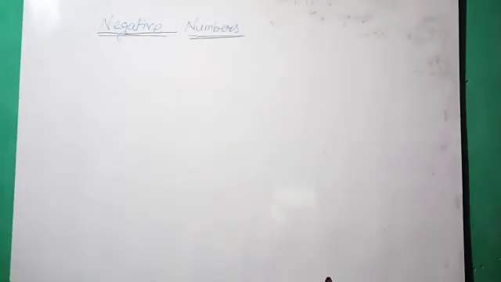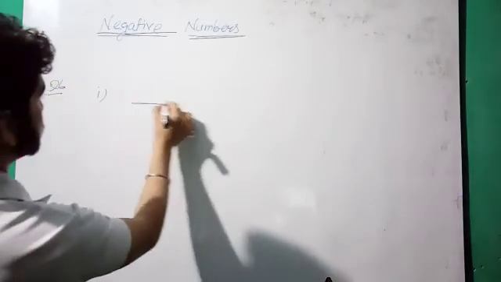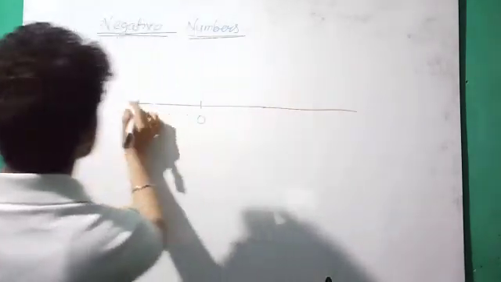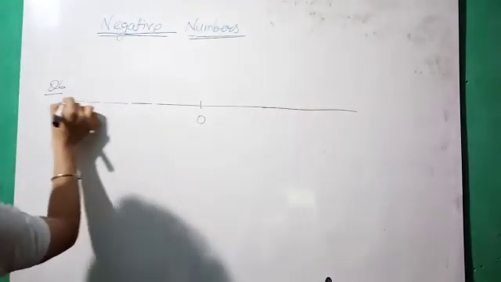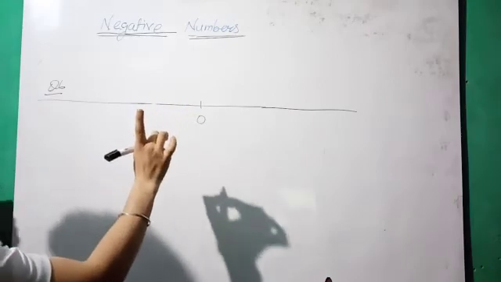Question number 5. Very simple question. You have to write down the opposite of minus 20, and the opposite of 311 is minus 311. Okay. Question number 6. Mark the following integers on a number line. Again, very simple question. First part, minus 7, 0. You have to write down all these on a single number line.